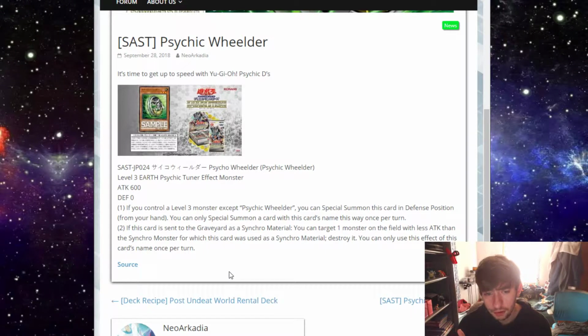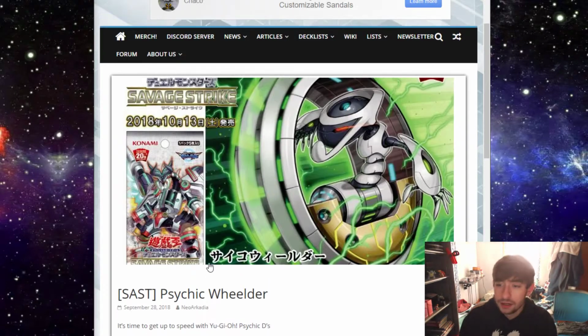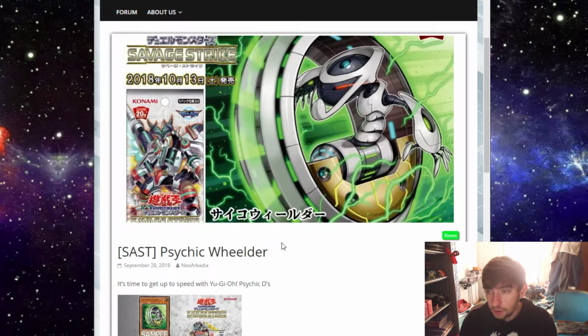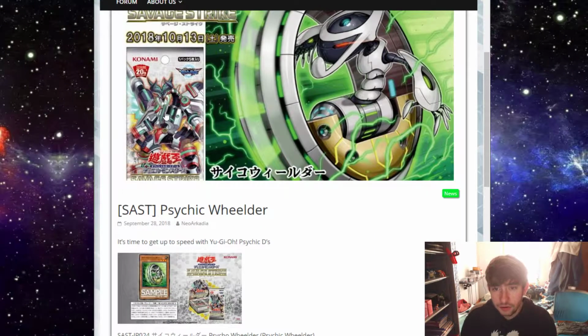Recording another Yu-Gi-Oh video. Some new cards got dropped, new Psychic monsters, and I actually think they're really interesting, almost BA type support. I really wanted to go into them and show you guys what's what with those. So the first one here, three monsters, and they're on Savage Strike, so these are Synchro based cards, is Psychic